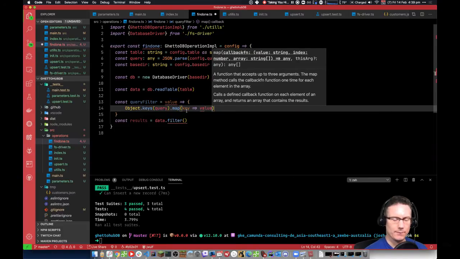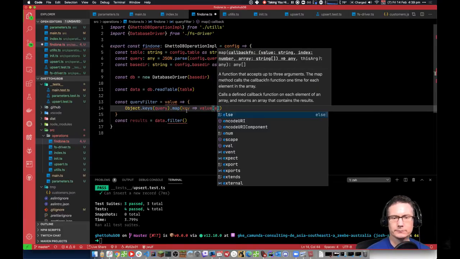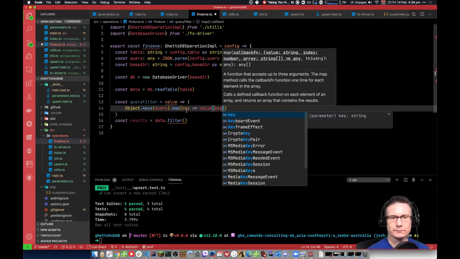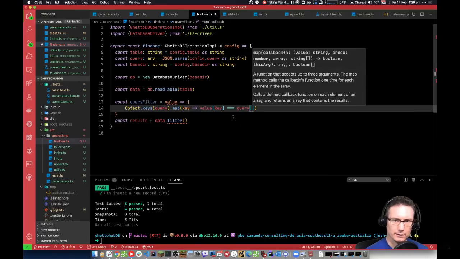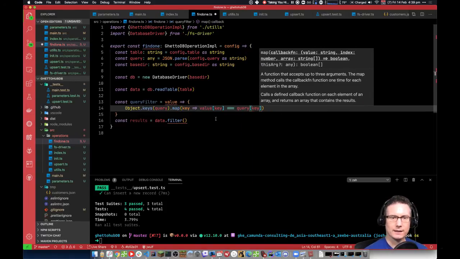So value key equals query key. Okay, now if everything in here matches,